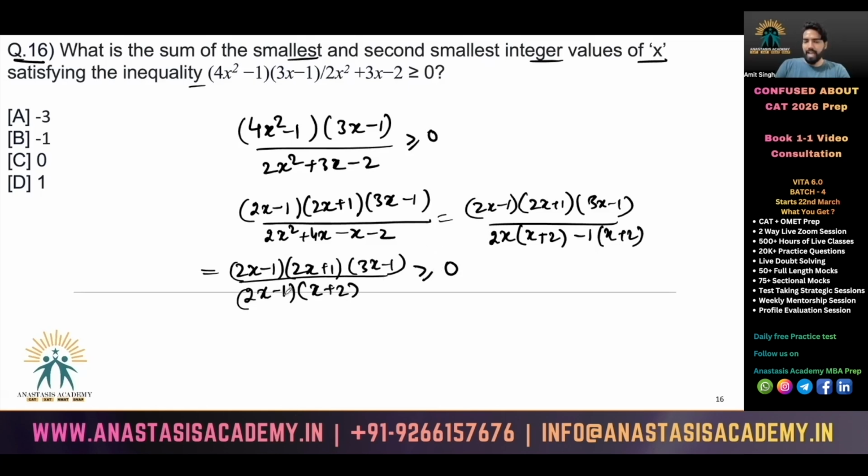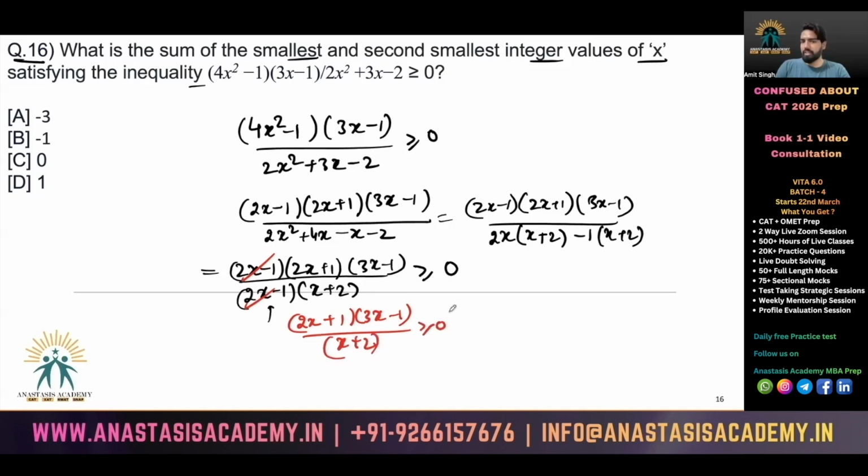Now, can you see, I cannot have x equal to 1/2, because in that case the denominator becomes 0 and it becomes an undefined form. If this term cannot be 0, I can happily cancel out these two terms, because it would be something other than 0. Now I'm left with (2x + 1)(3x − 1) upon (x + 2)